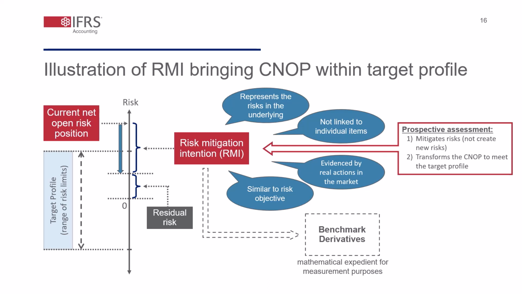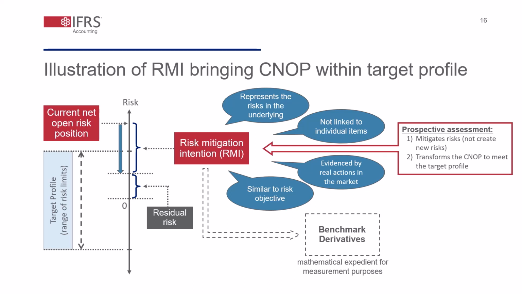In other words, the cumulative amount of risk to be mitigated through derivatives must reduce the interest rate risk of the current net open risk position by time buckets, and cannot exceed the total amount of risk by time buckets. In other words, an entity cannot overhedge its current net open risk position in any time bucket. For example, if an entity has a current net open risk position of PV01 of 100 in a particular time bucket, the risk mitigation intention cannot be set at 120 to create a new received fixed exposure of -20,